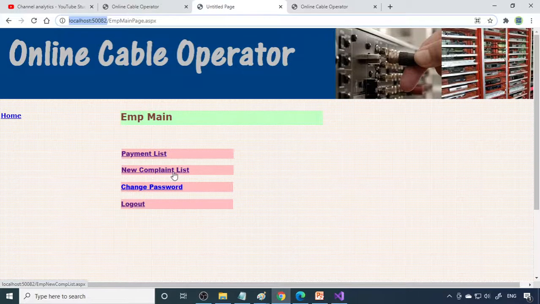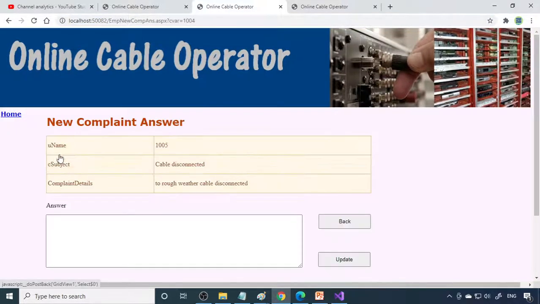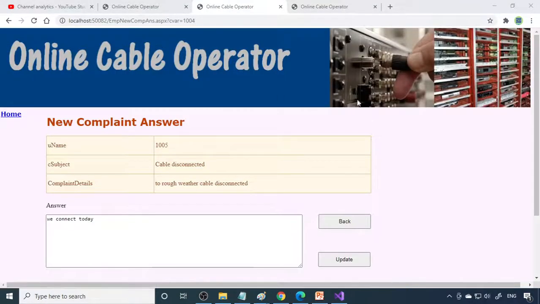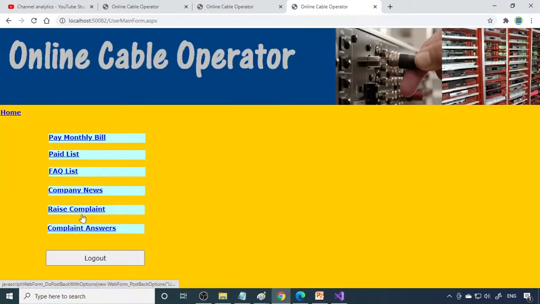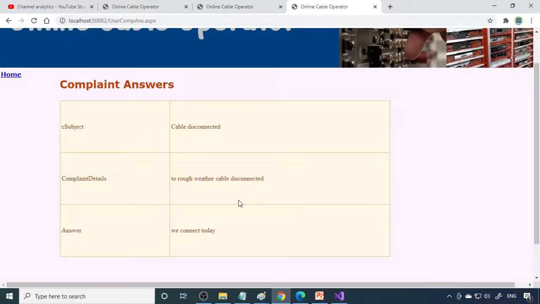Now on the employee side, if you go there, you can see that there is a new cable disconnected. If you select this, the details are there. Then you write the answer: we'll connect today. You can update this, complaint updated. On the other side, when you go to the complaint answers, you can see the subject and the answer, we'll connect today.